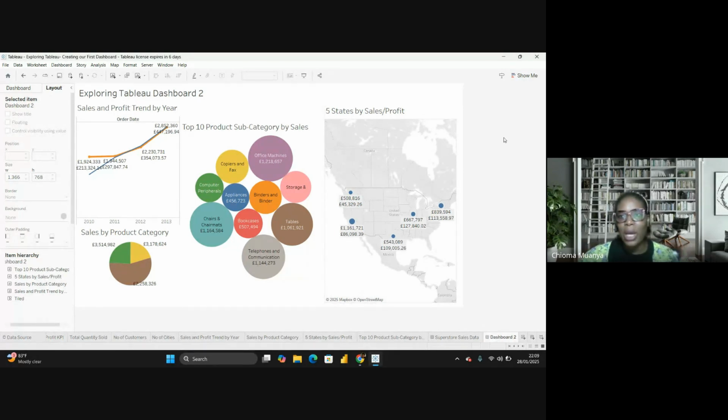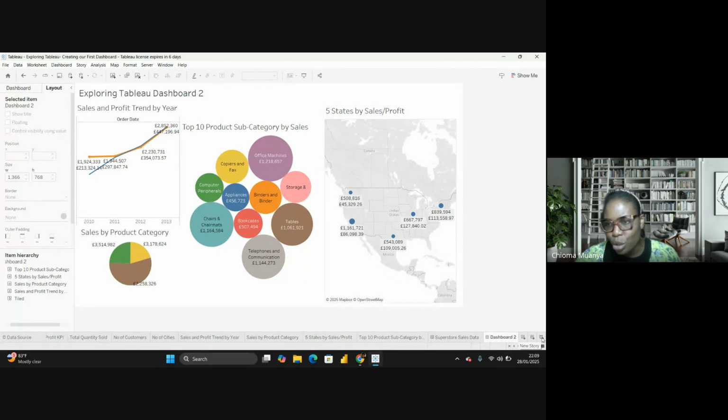So now this is how we have a dashboard. This is our second dashboard. And you know, like in Excel, you can have two different worksheets as dashboards, and you could run through them. And also in Power BI, you can have different pages as worksheets. So now we want to put it together. If they're all related, we put it together and it becomes a story.